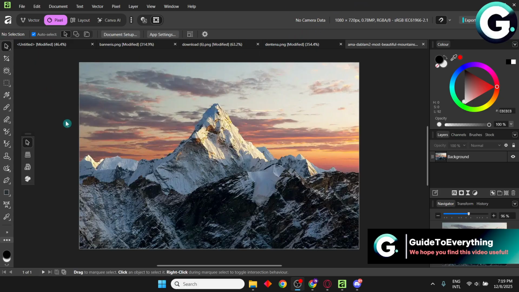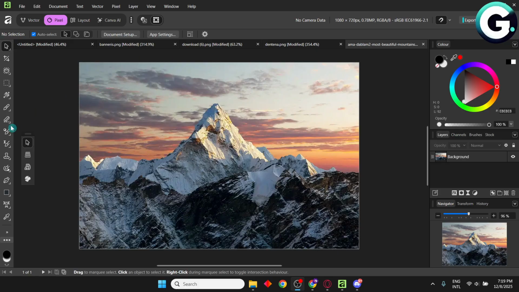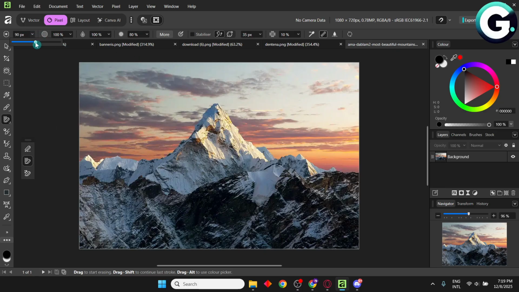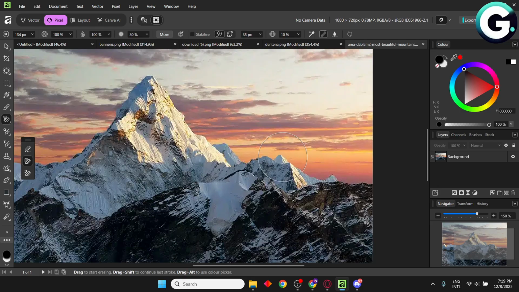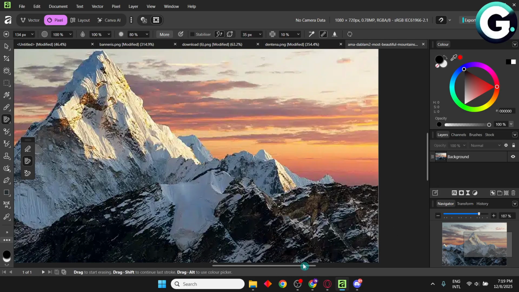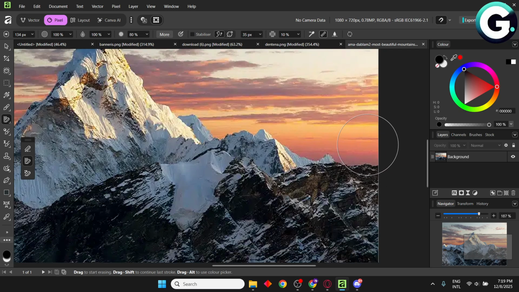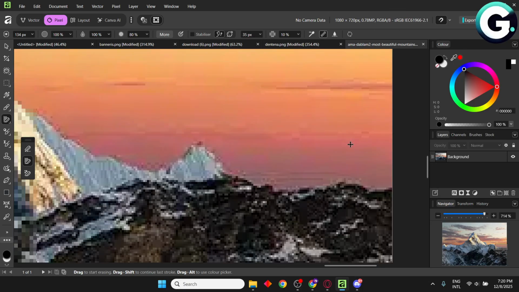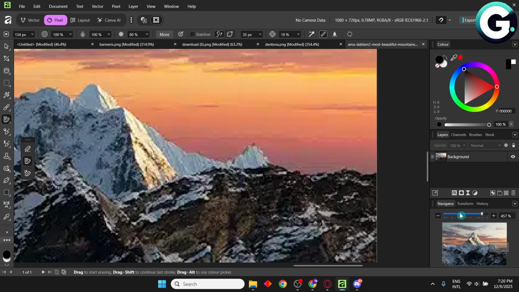So what you'll need to do is basically go to the left side, and here you'll see eraser. Make sure to select background erase brush, and after that right here you'll be able to select size of it, and right here you'll be able to select transparency, flow, and hardness. So basically how you can remove the background. So if you click on this one, and if you zoom in, basically what you'll need to